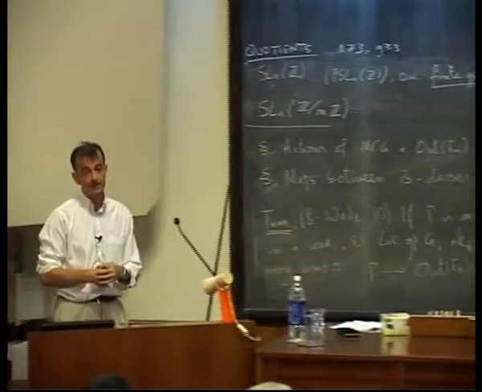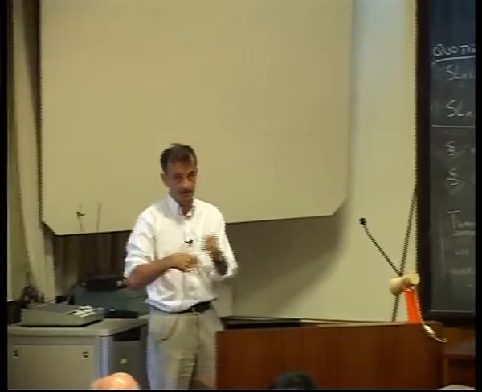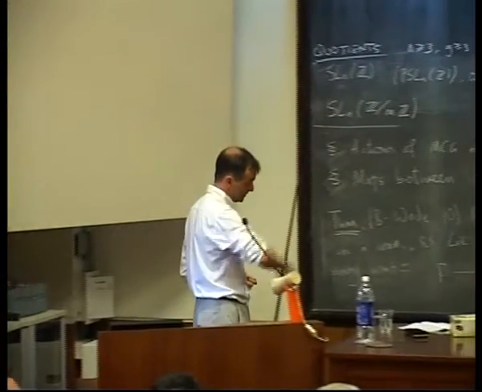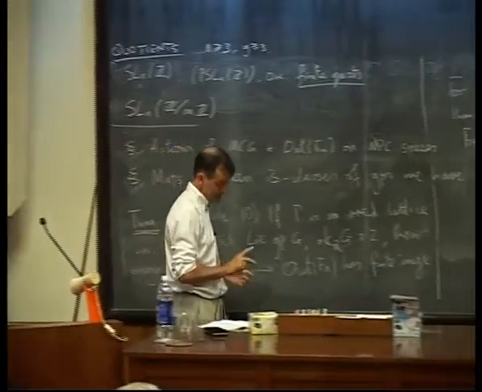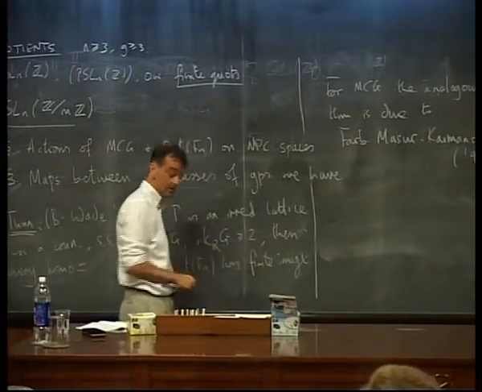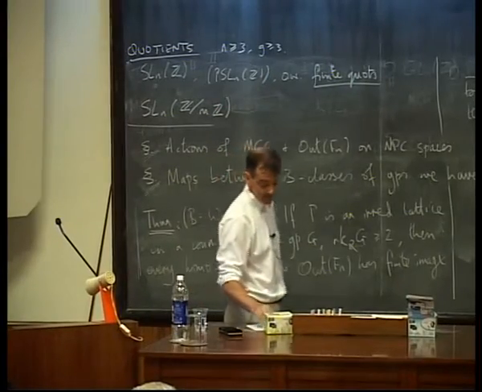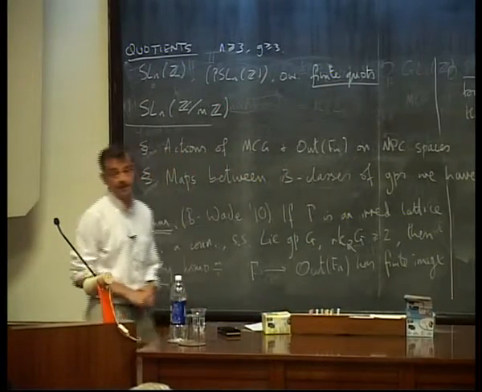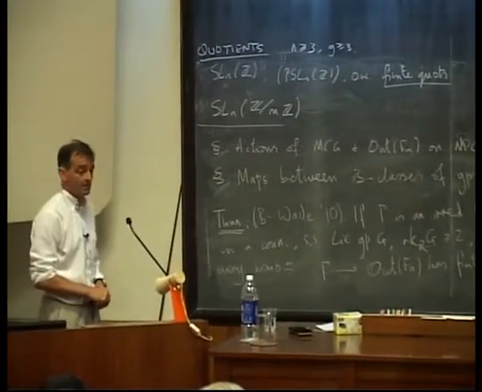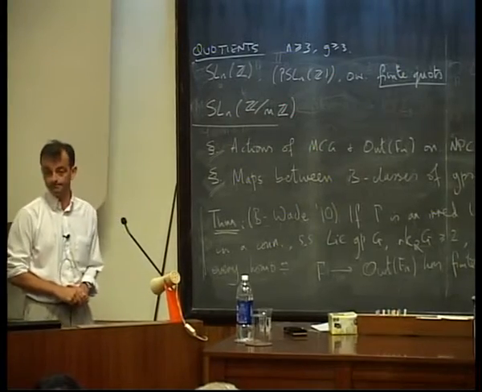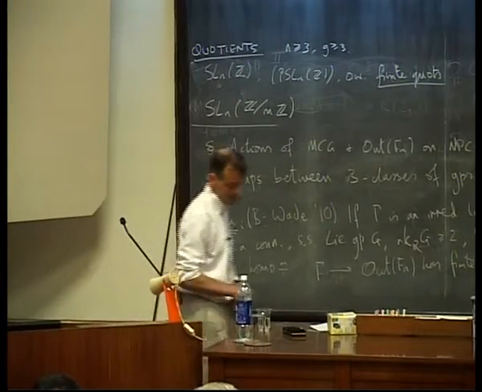Actually, it's a semi-simple action. It turns out every automorphism is either axial, so it's got an invariant axis and translates along it, or it's got a fixed point. Everything's either hyperbolic or elliptic. But it has large stabilizers. Dehn twists will have fixed points in that action. So it's certainly not a discrete action.